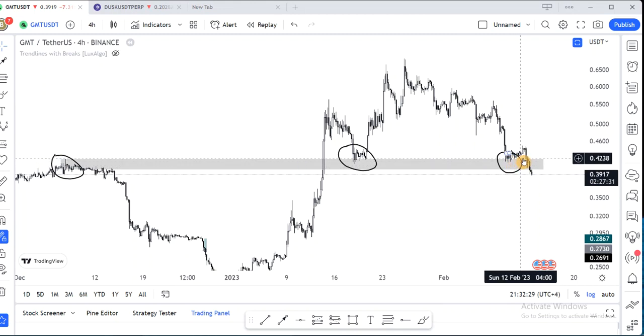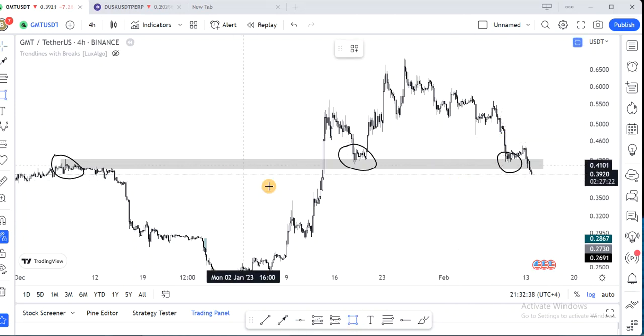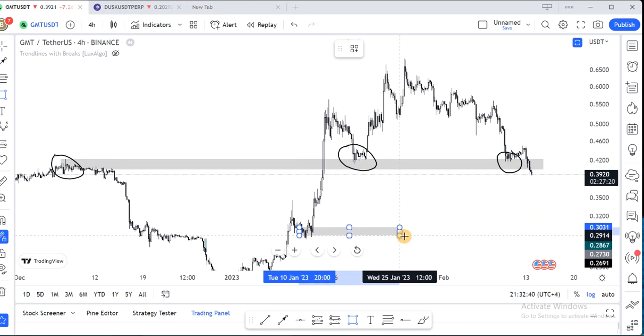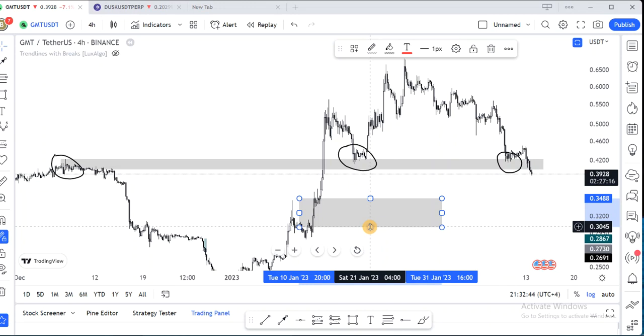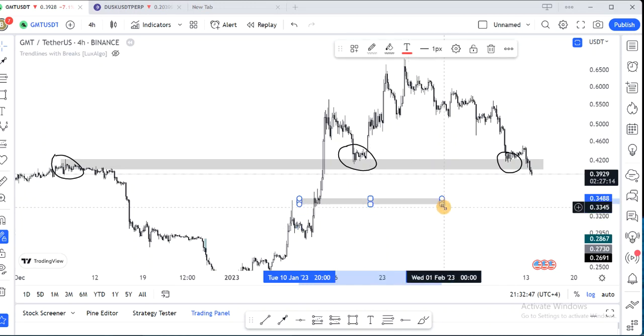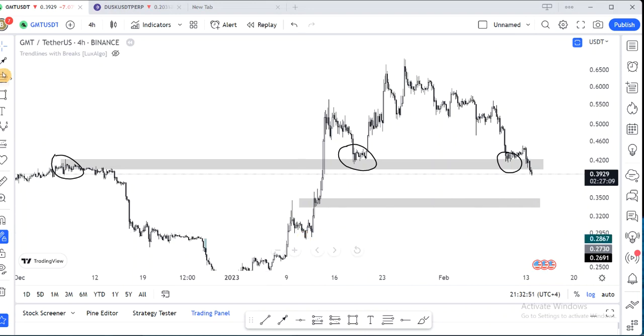So I marked out here and entered short from here. And guess what? The price broke down. And as the price broke down, this is where it got support from. First of all, it got support from here, first from here, and then here if that didn't hold. So guys, this is a particular